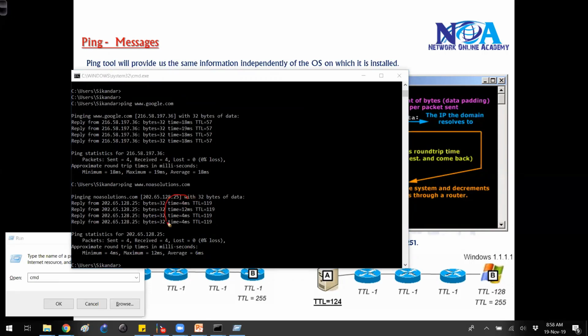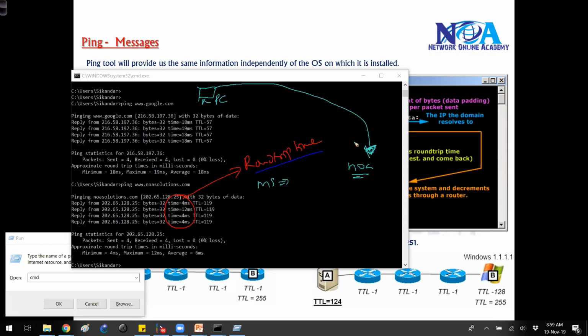And there is one more option. There is something called time here. This is actually what we call the round trip time. Round trip time is the duration, in milliseconds, for a packet to go from a starting point, which is my PC, to reach, let's say, the Envoy website, the destination, and then come back again to the starting point.